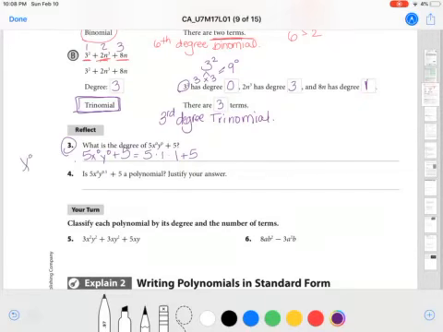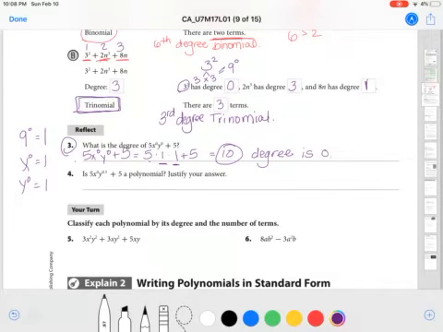Well, we know that anytime we have x to the 0, y to the 0, it gives us 1. Or, like we just did, 9 to the 0 will also give us 1. Okay, so 5 times 1 is going to give me 5. 5 plus 5 is going to give us 10. Okay, so the degree on 10